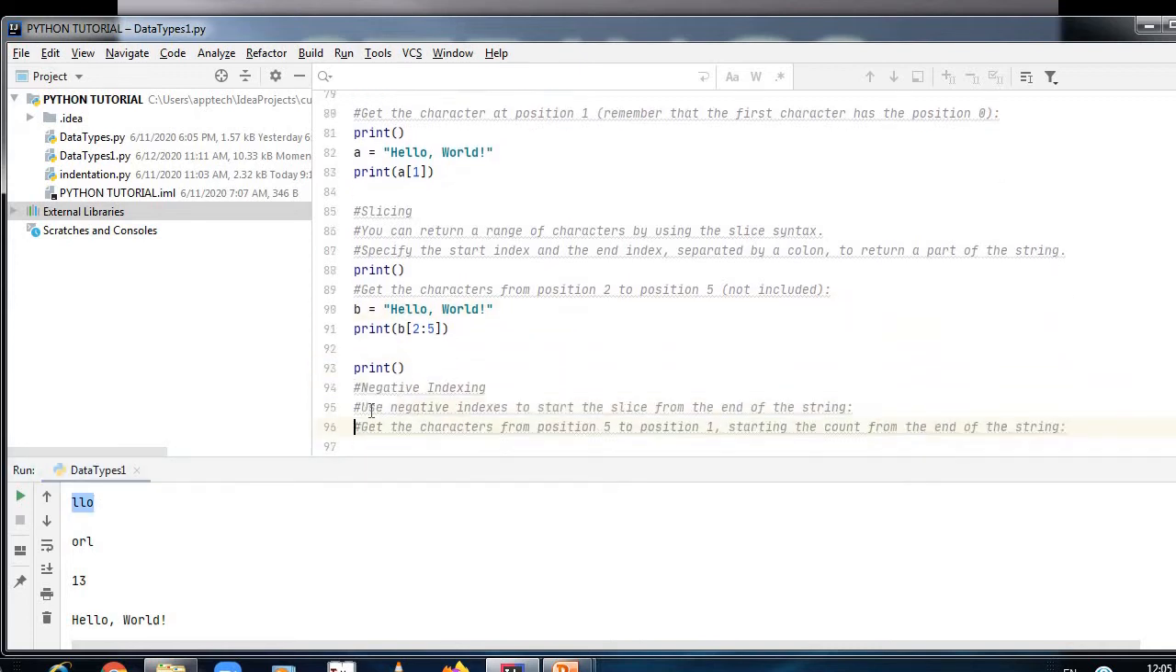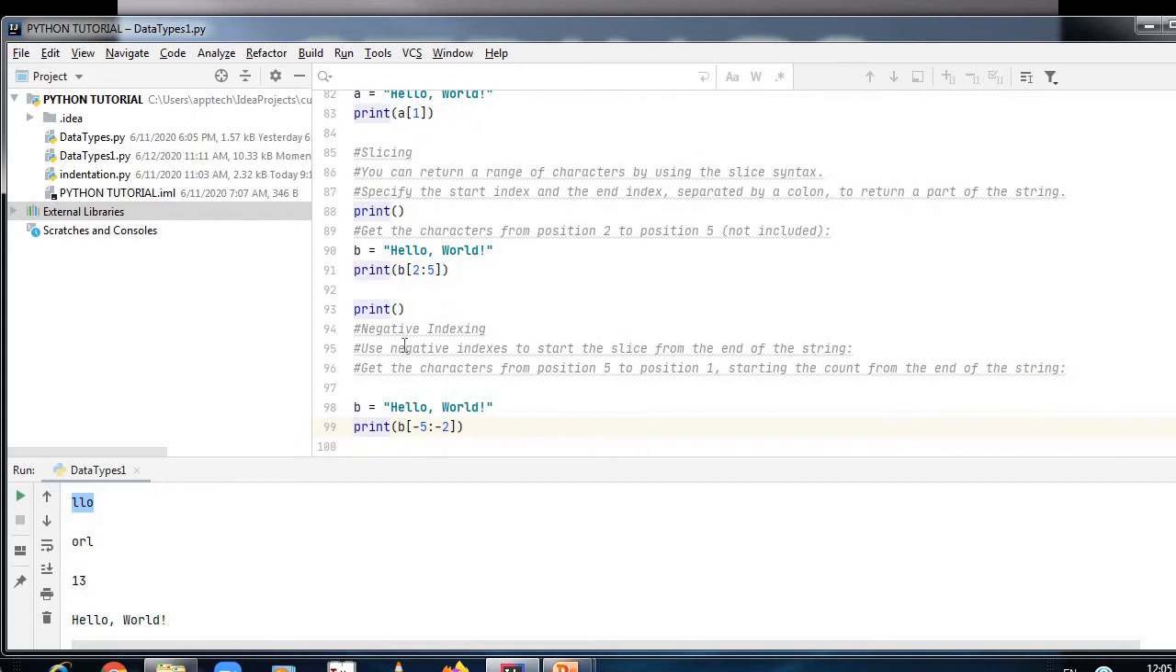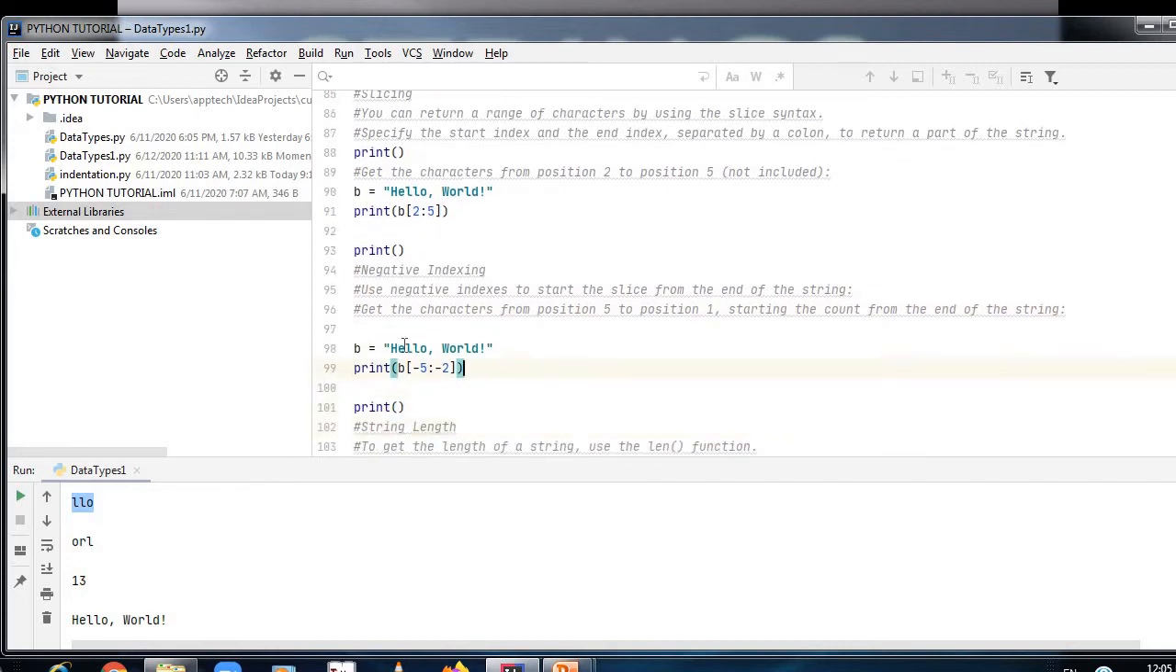Now in negative indexing, it will start from backwards. Negative indexing: use the negative index to start the slice from the end of the string. So it will start from the end. Get the characters from position -5 to -2, starting the count at the end of the string. Because it is -5 and -2, it will start from the end over here,